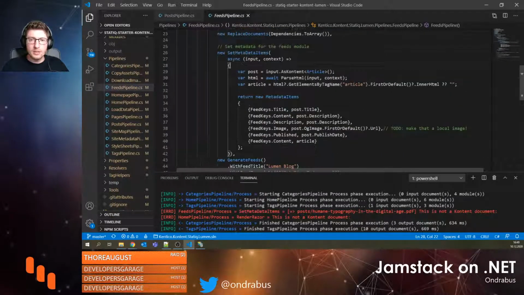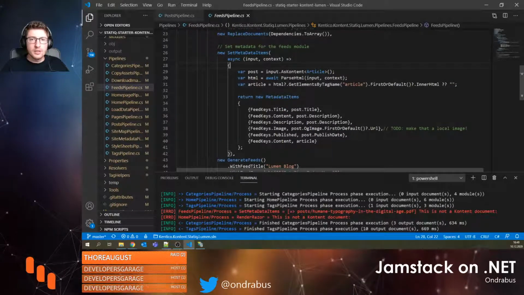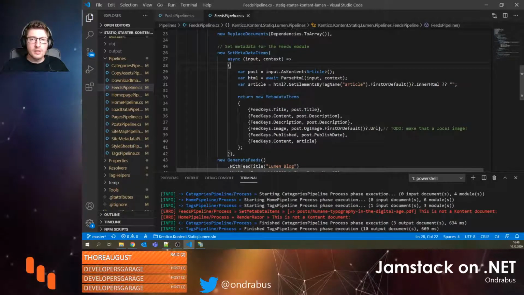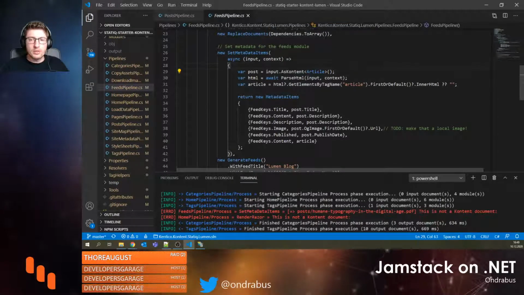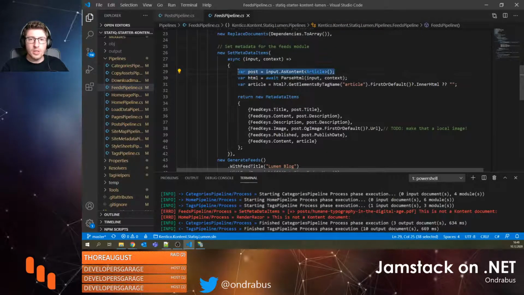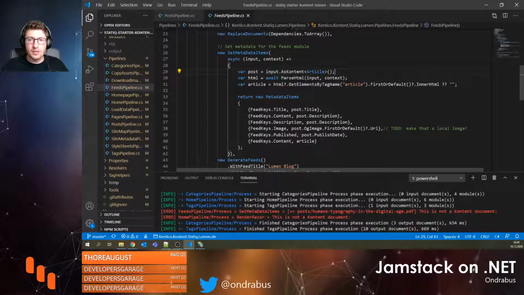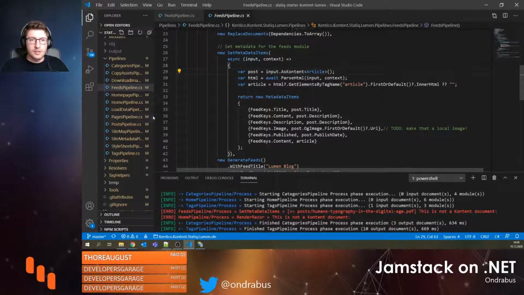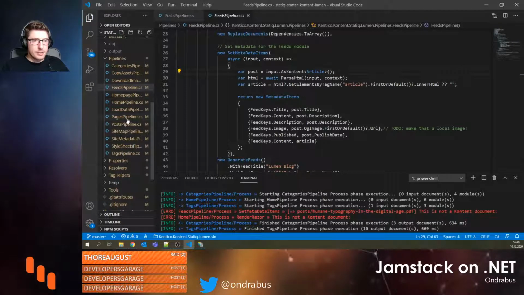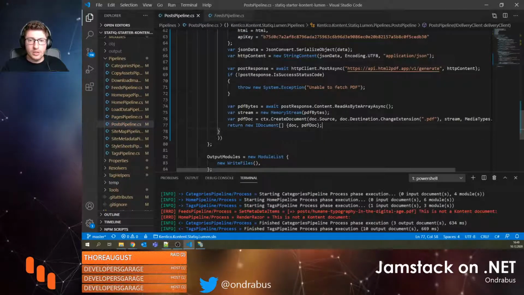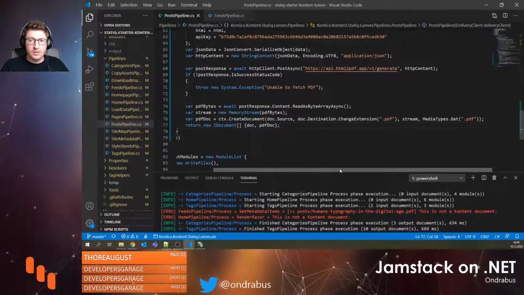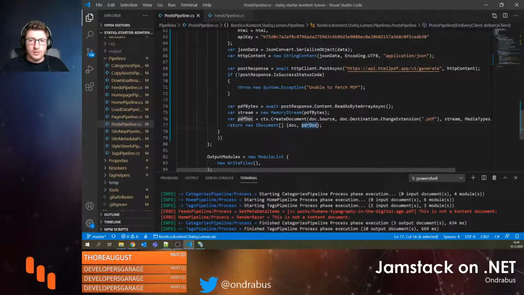Exception, blah, blah, blah. Post input as content. Okay, so that's the problem is probably coming from here. Now the problem is we're returning the two documents here, but we could probably just,